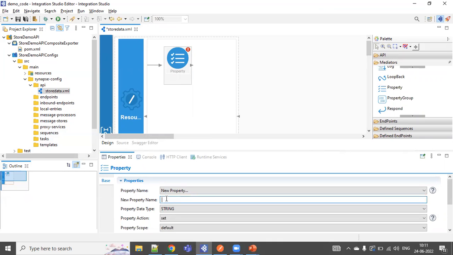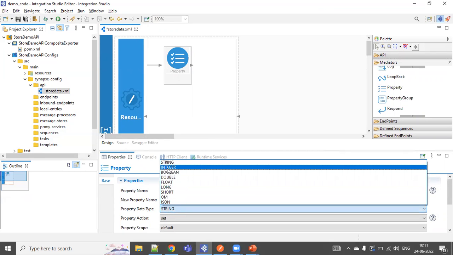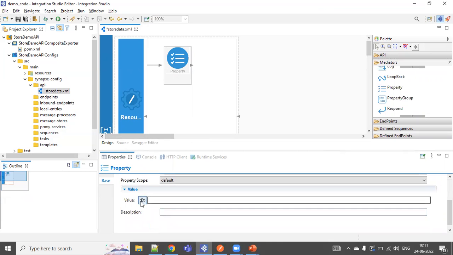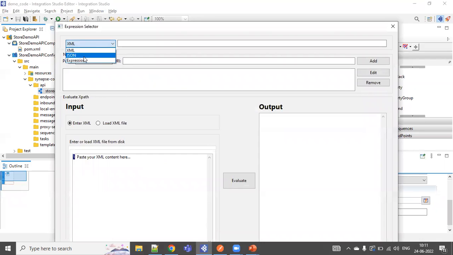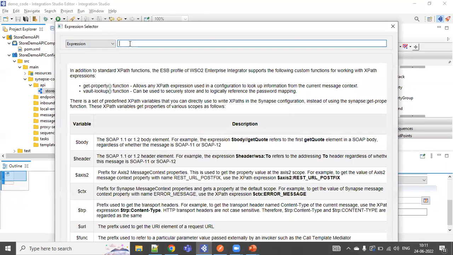So I'm giving the name to it, URI dot var dot param, sorry, order ID, and it is an integer, not a string, so I'm giving it as integer. And for the expression, we need to give the expression function. For getting the data from the URI param, we need to write get